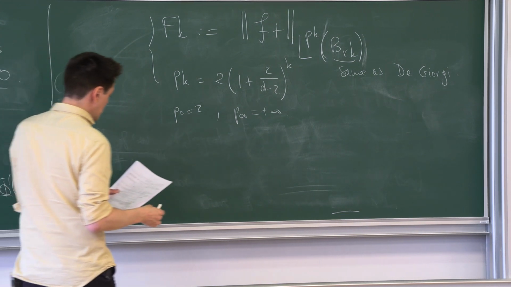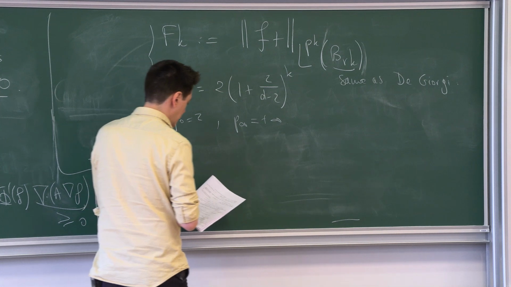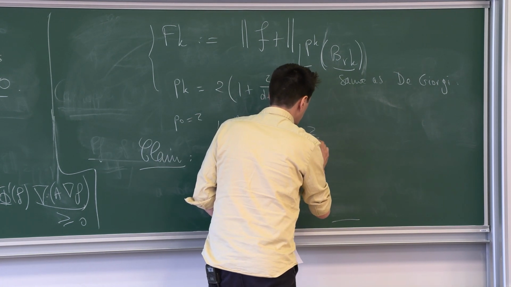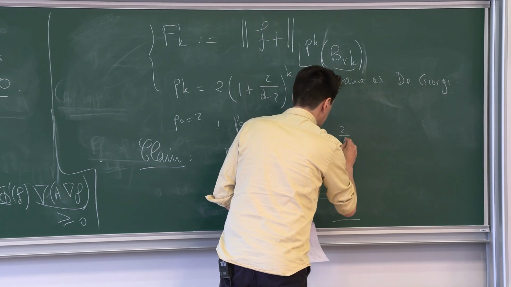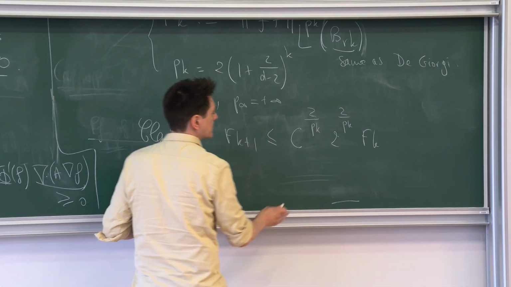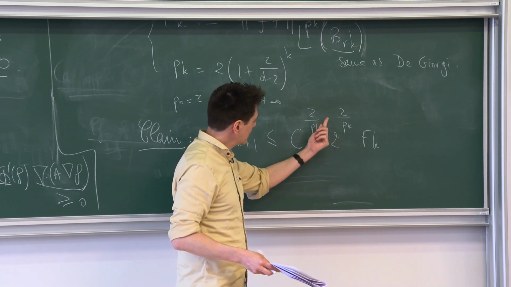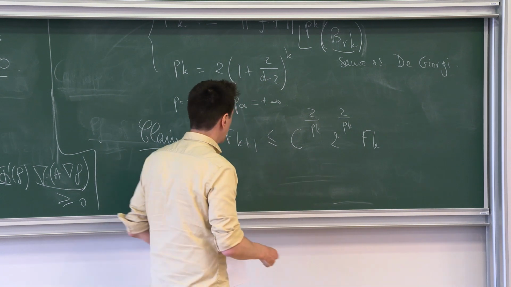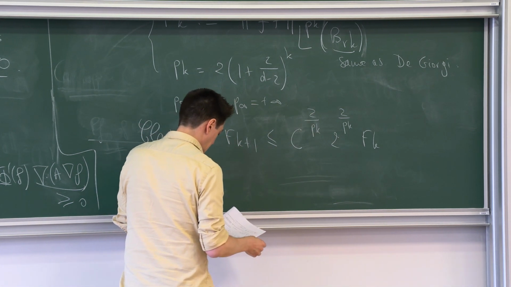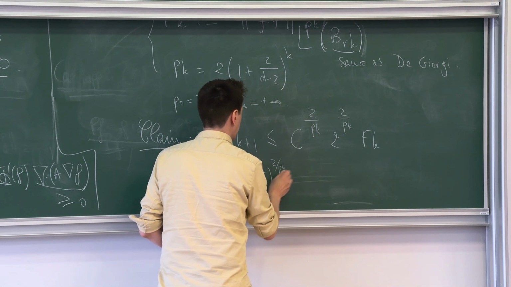So then what Moser will do simply is to prove that the equivalent of the claim of De Giorgi becomes, in Moser's version, that F_{k+1} is less than a constant over 2 to the pk. Well, I could have given you a whole constant, but this constant will include the Sobolev constant and everything. Now, this is linear, in contrast with De Giorgi: the relation between F_{k+1} and F_k is linear, but what is interesting is this nonlinear way you scale the power of that constant, and now when you resolve, you get that F infinity is less than the Cauchy product of all these things. So you get the product of all, well, let's call it 2C to the 2 over pk,